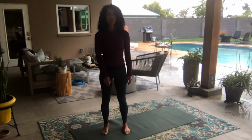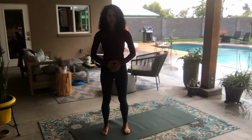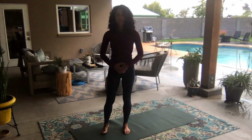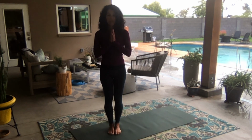And then once there's no more movement, stand in the center. Inhale, maybe bringing your hands to your low belly. Feel the sensations in the shoulders, in the upper back, in the chest area. Just close your eyes, bringing your feet together, bringing your palms to your heart